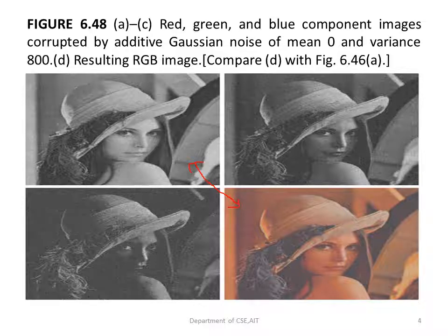Here we can see that the noise is very less noticeable because the color image is not showing the disturbance. If it was a monochrome image, a two-shade image, then easily we could have noticed the disturbance, that is the noise. But because this is a colorful image, the noise is not very noticeable, because the fine grain noise we have here becomes visually less noticeable in a color image.